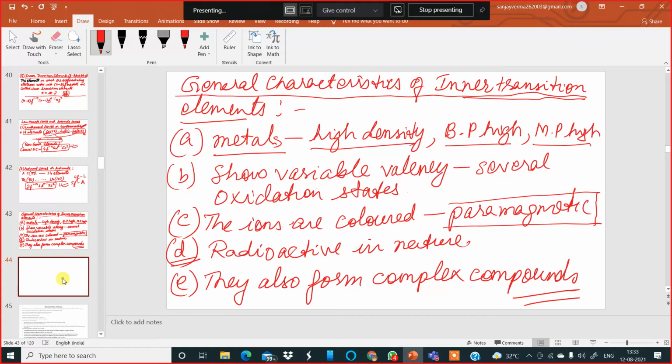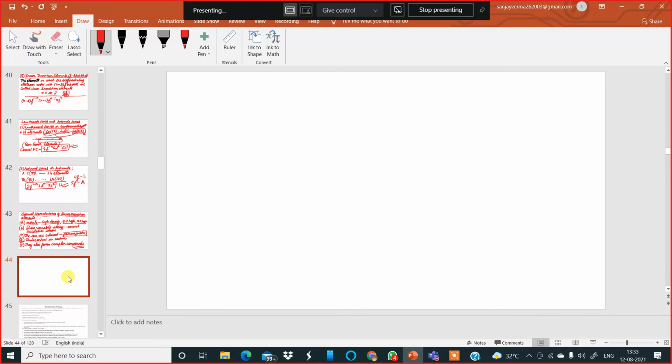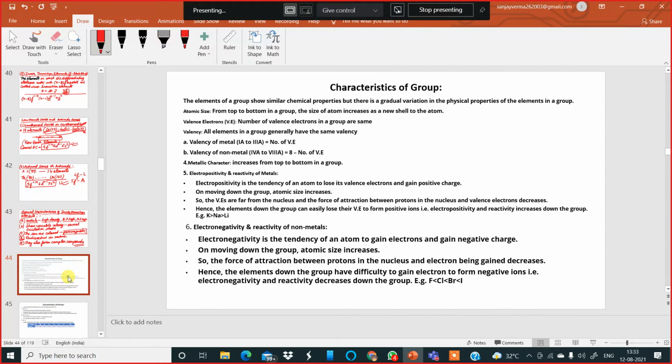Now let us move to the next part of the chapter, my dear boys. If you look at the next slide on your screen, this is with regard to the groups and periods which you find in the long form of the periodic table. Some important characteristics I have tried to summarize and type out for you over there, making things shorter. Now I'm going to read them quickly.